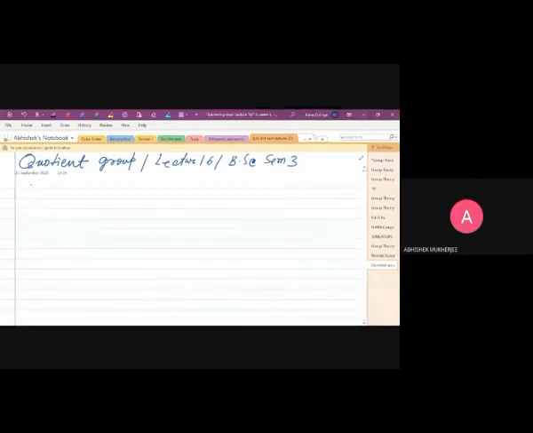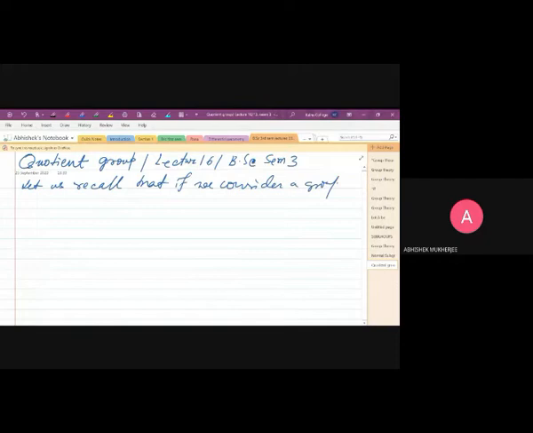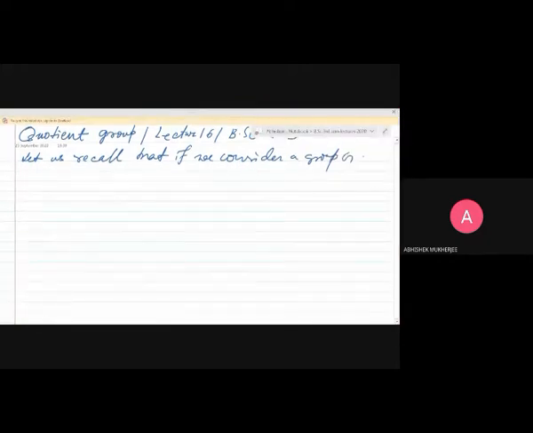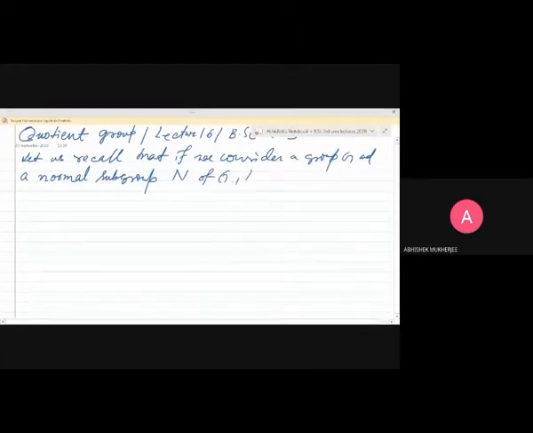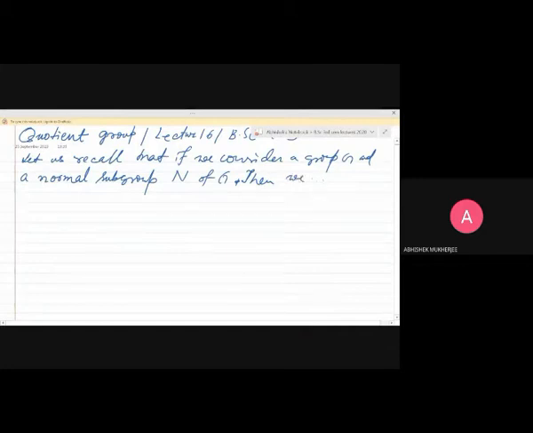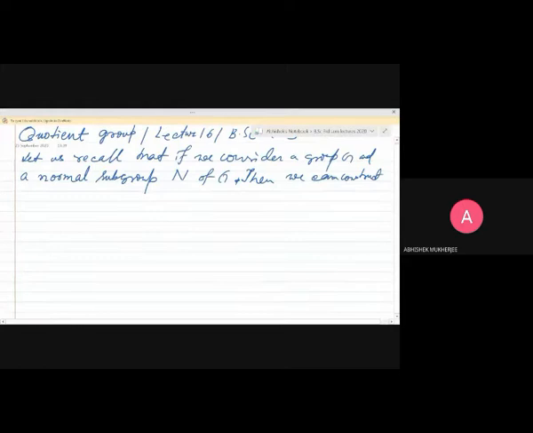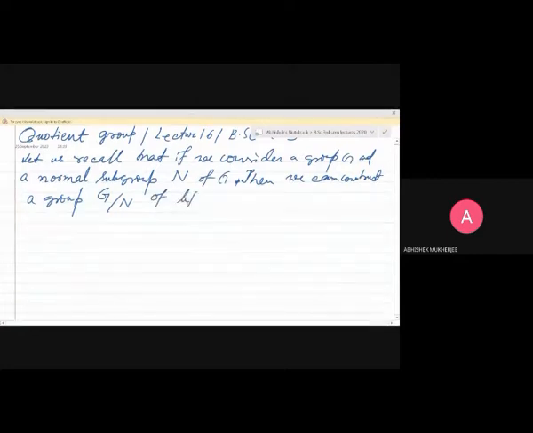So let us recall that if we consider a group G and a normal subgroup N of G, then we can construct a group which is denoted by G slash N of left or right cosets of N in G,